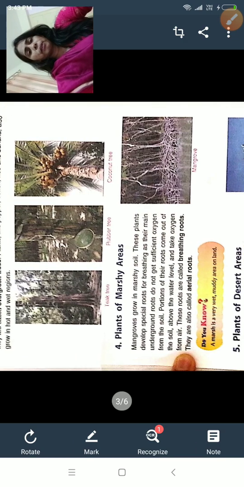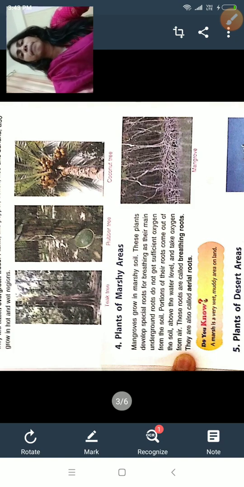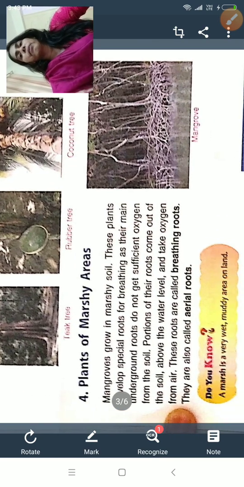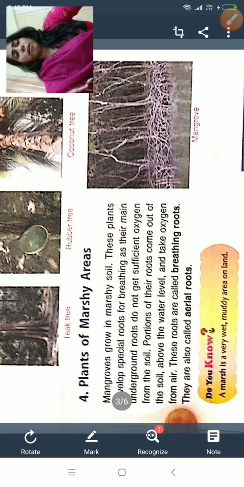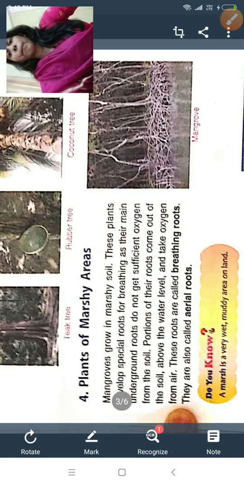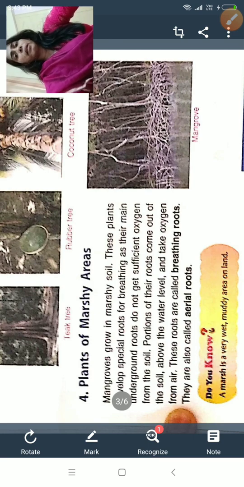Now come to the plants of the marshy area. Now you will ask, ma'am, what is marshy area? Marshy area means an area which is covered with mud. In that area the roots are not able to get the proper amount of oxygen.